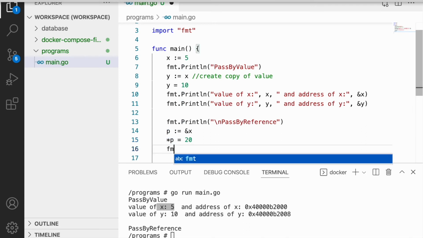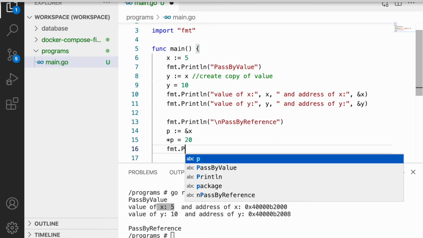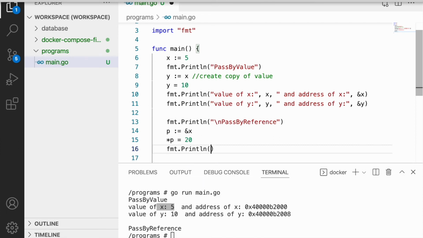Let's print the values again. Println value of x, that is x, and address of x.